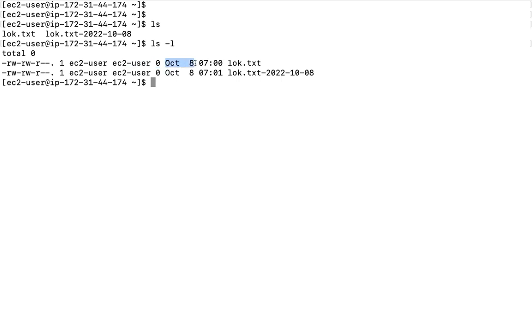October 8, this shows the timestamp of when the file was created, and this is the name of the file. The timestamp shows when it was created, the date, and the month. So guys, if I create another file here,